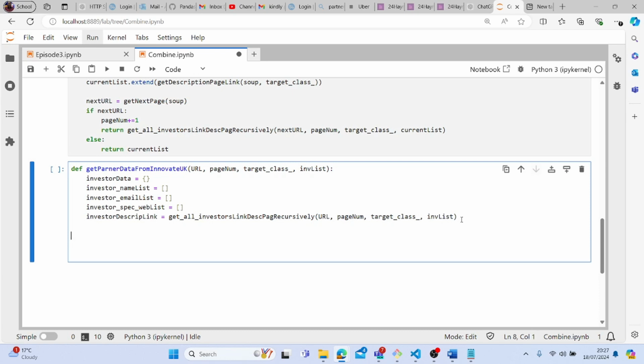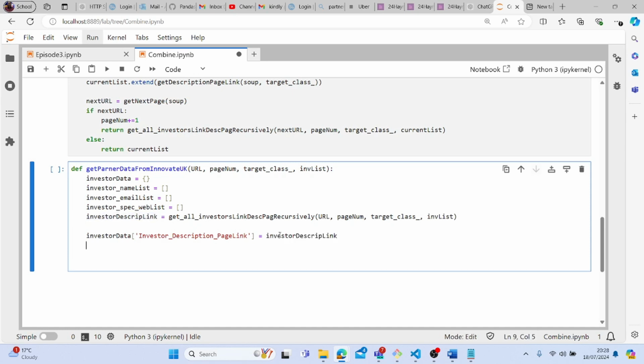So now we will insert this into the dictionary. This is the dictionary that will contain all the data, and we call this key, let's call this one partner investor description page link, and this will be equal to the link that we have gotten now. Then the next thing is to have the investor